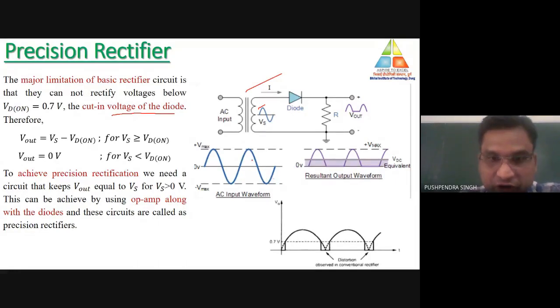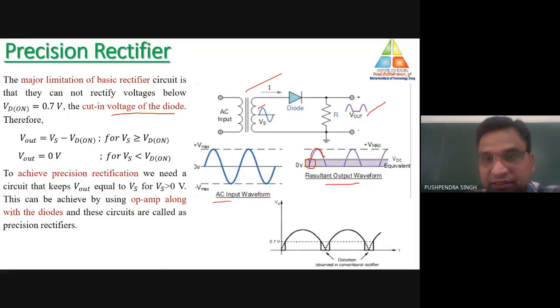So these are the waveforms at the input terminal and output terminal of the basic rectifier circuit. You can see from there, for 0 volt to the cut-in voltage, the diode will not be in the working condition. So the value of output is 0. But when the level of the VS voltage source is more than the cut-in voltage of the diode, the diode will go into the forward biasing condition, and we are getting the output at the output terminal of the circuit over here.